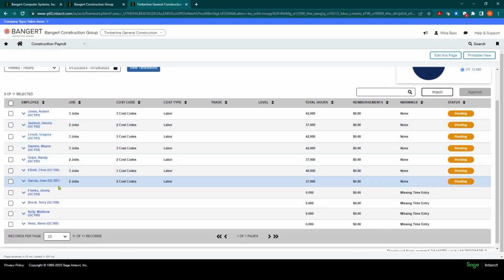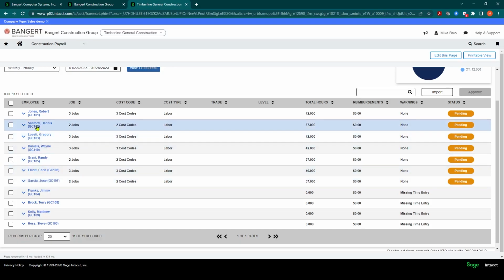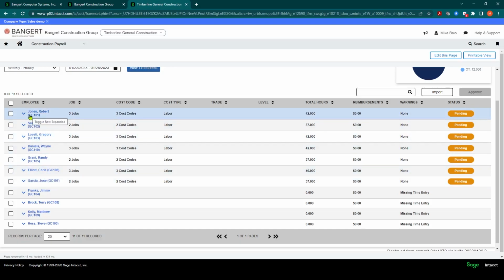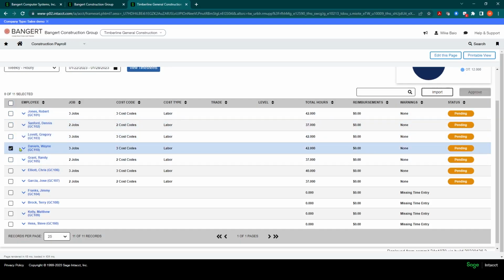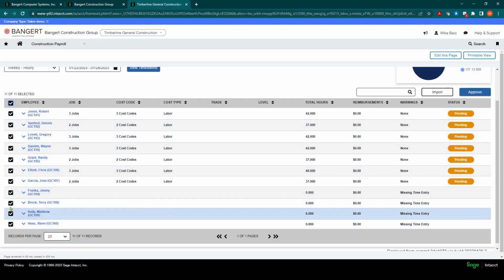Once those changes are made, then the next step will be, before you can process payroll in Sage Intacct, you need to approve the time cards. You can approve these time cards by individually checking on each one of them. Or if it's all for that period, you can also select at the top level and it'll check all of them off. And then maybe uncheck the ones that aren't approved, which would be the ones that have missing time, for example.